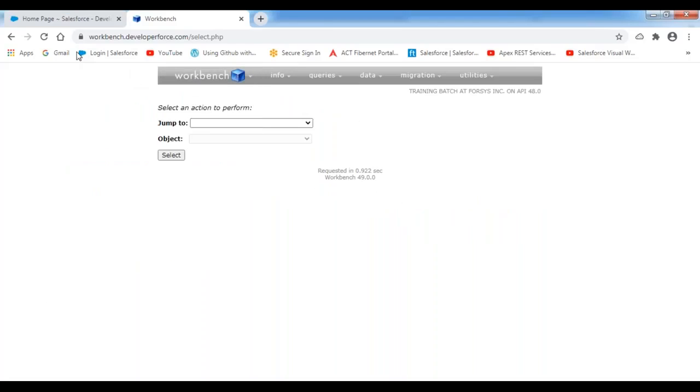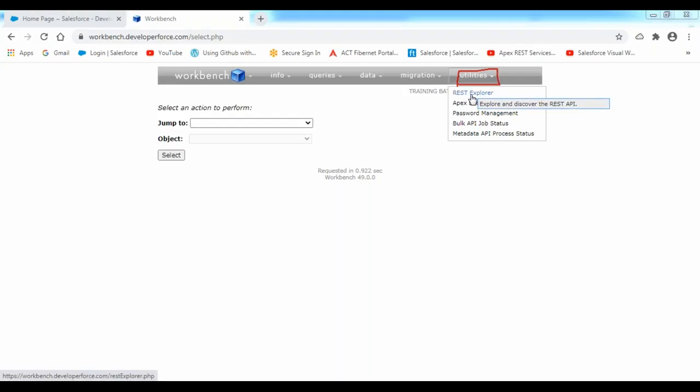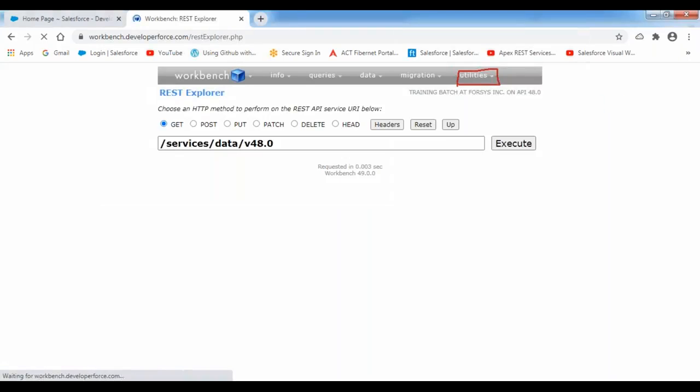Then how can we test it? Let's see. Simply go to this Workbench tool. You will have an option called utilities. Go to utilities, and inside that we have an option called REST Explorer. Click on this REST Explorer, in order to explore RESTful web services, to test and invoke them. Now it is providing the path. You can specify the path here. The ap15.salesforce.com part will be specified by the Workbench tool automatically, because it is already connected with my Salesforce account. So you can just specify /services